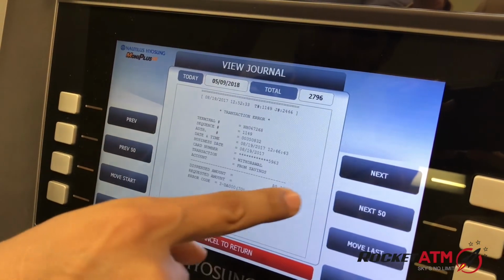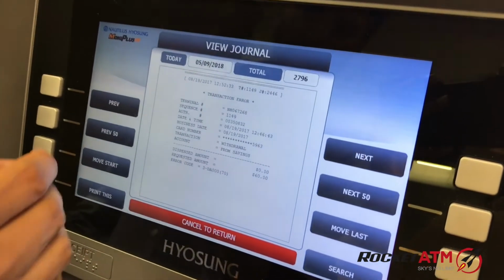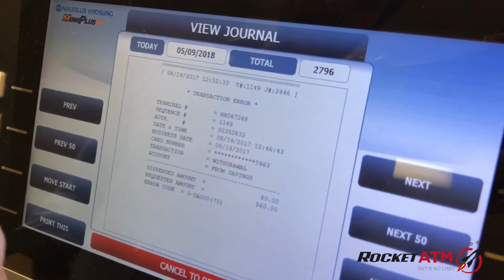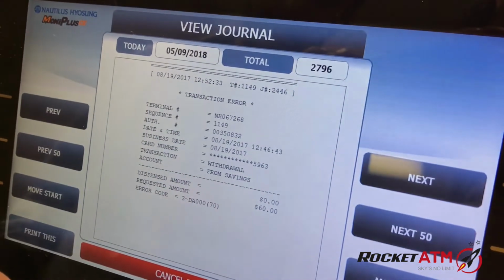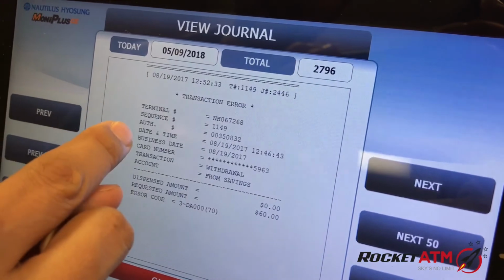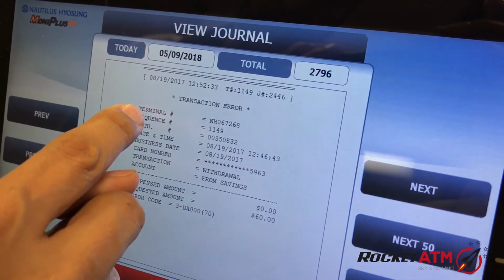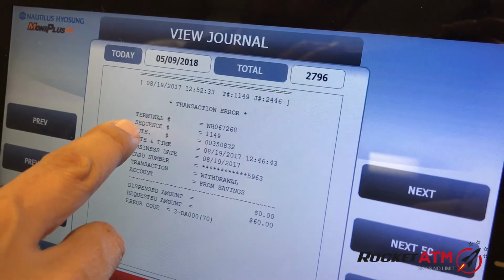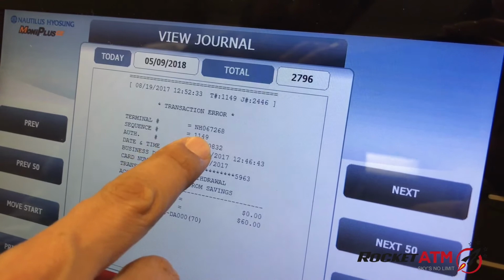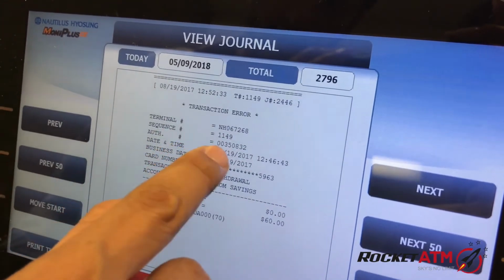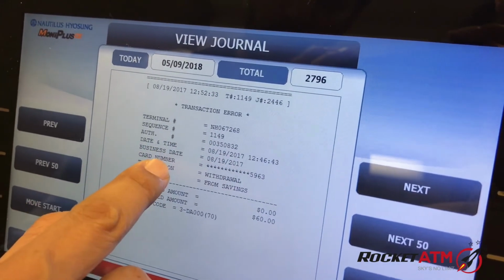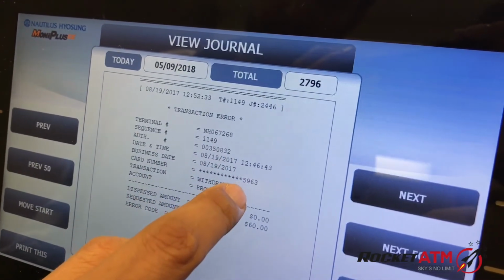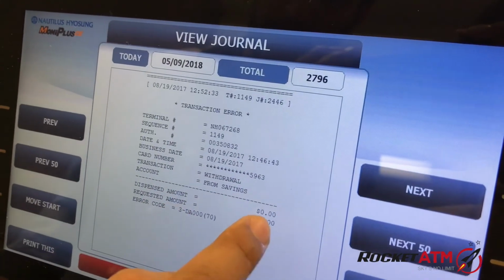Oh, I actually saw a transaction here, and in fact this one happens to have a transaction error. You'll notice that on the dispute notice that you received, you'll have some very critical information that the bank is looking for. It's going to identify your terminal number, which of course is always going to be the same, but the sequence number of that transaction, which is very important, the date of the transaction, the card number, the card holder's last 4 digits, so you can identify the exact card that was used, and of course